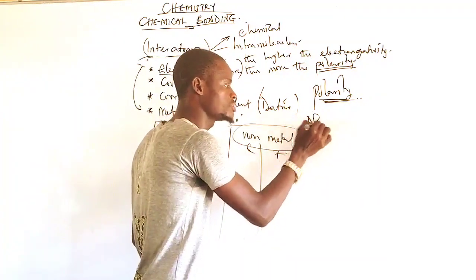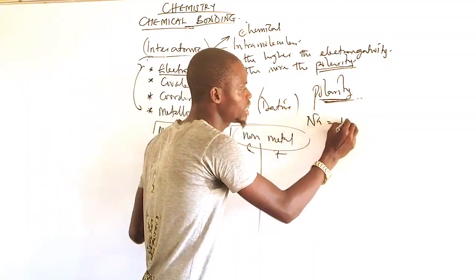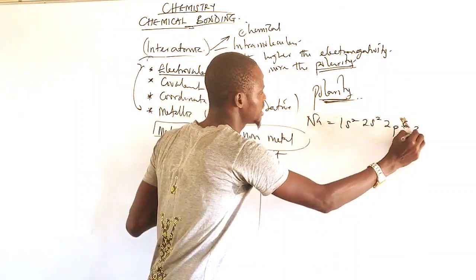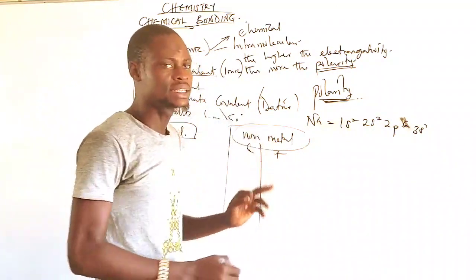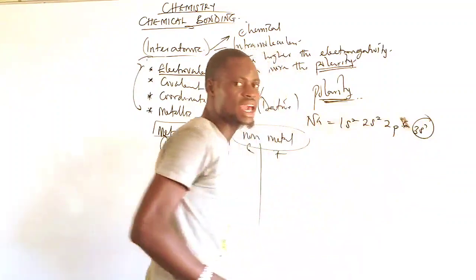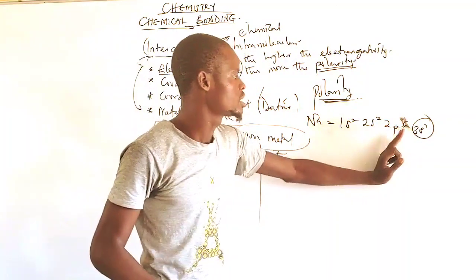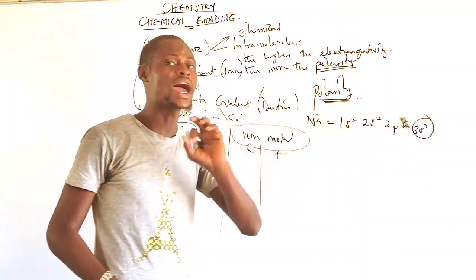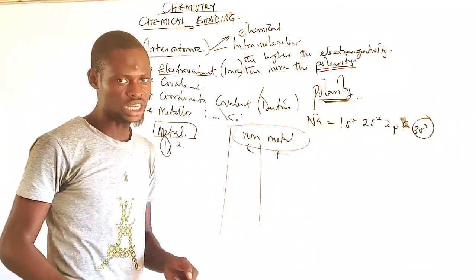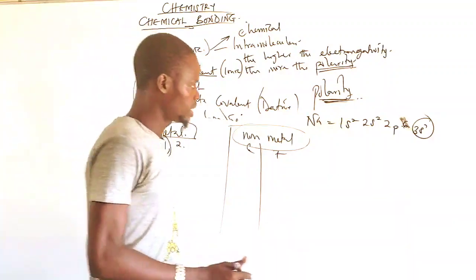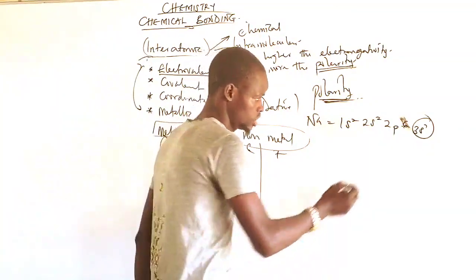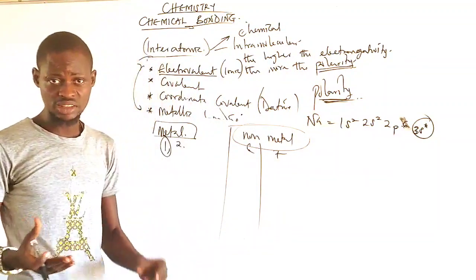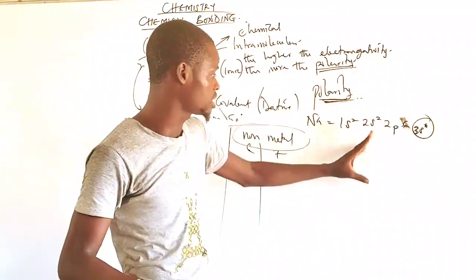Let me take sodium as an instance. Sodium has 1s2, 2s2, 2p6 and 3s1. Sodium has an excessive electron in its s orbital. The third shell should occupy 8 electrons in total, but out of the 8 electrons, the third shell, which is shell 3, is only having 1 of the electrons. That means there is still need to get 7 electrons to complete this